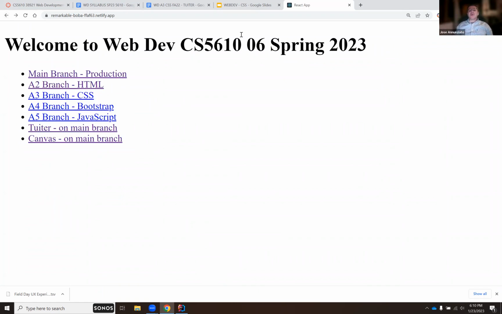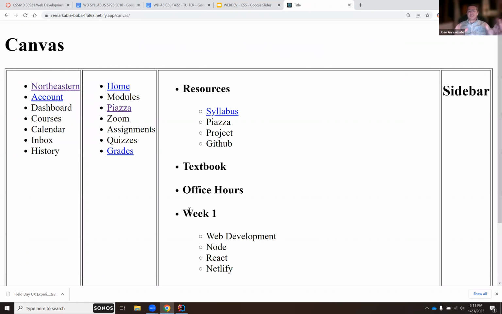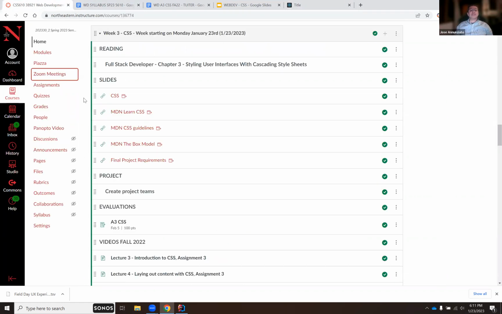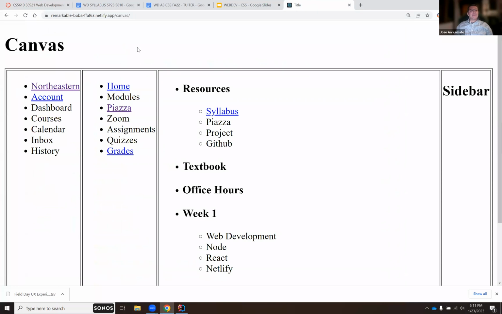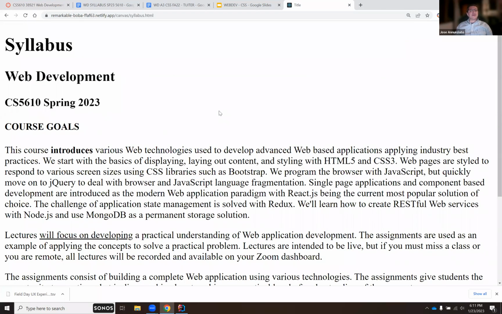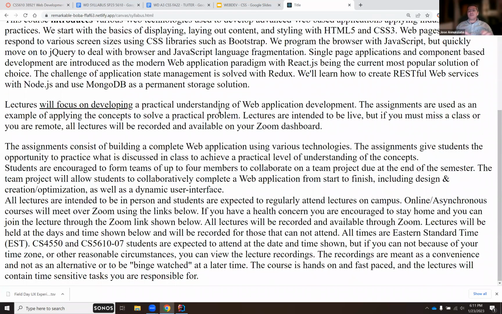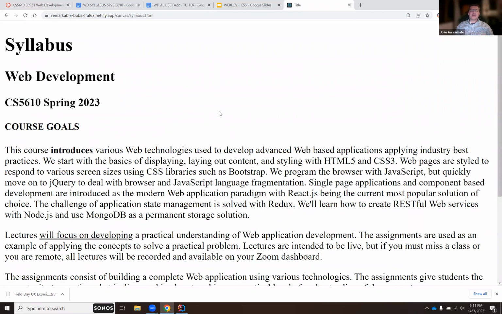So today, we're going to learn about styling a few things. For instance, in Canvas, maybe we can style this a little bit so that it looks more like the finished product. And styling maybe the syllabus, which is a whole bunch of paragraphs, so we can show how to style these things. So we'll learn today how to use CSS to style our content. So to do that,